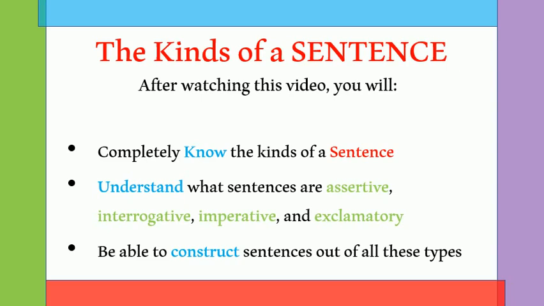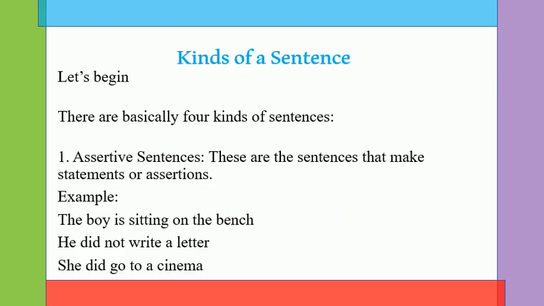Now basically there are about 4 kinds of a sentence which we'll be going through right now. After watching this video, you will completely know the kinds of a sentence, understand what sentences are assertive, interrogative, imperative, and exclamatory. The third benefit that you'll get is you'll be able to construct sentences out of all of these 4 types. Are you ready? So let's get started. Let's begin. There are basically 4 kinds of sentences,